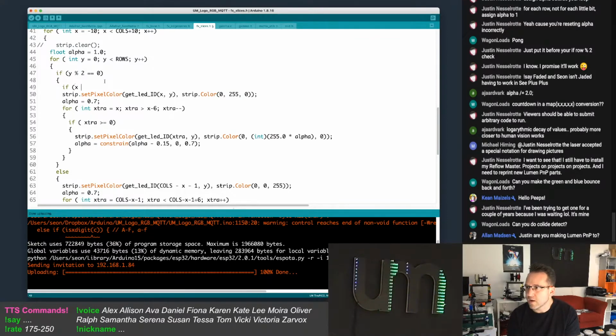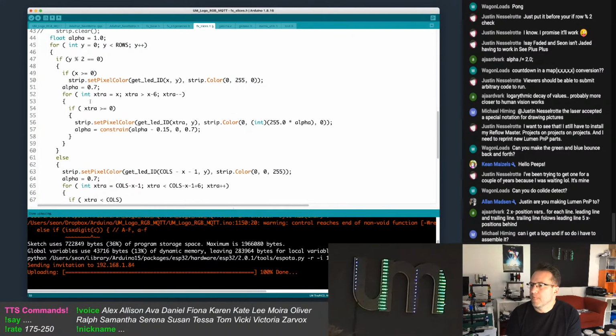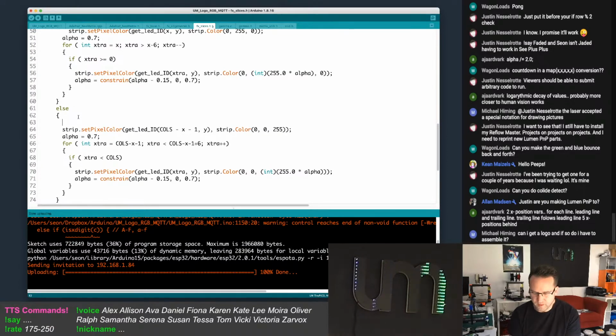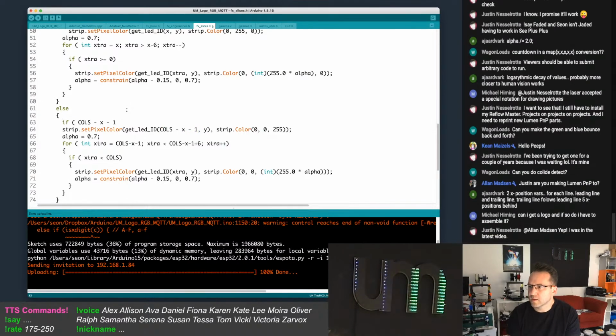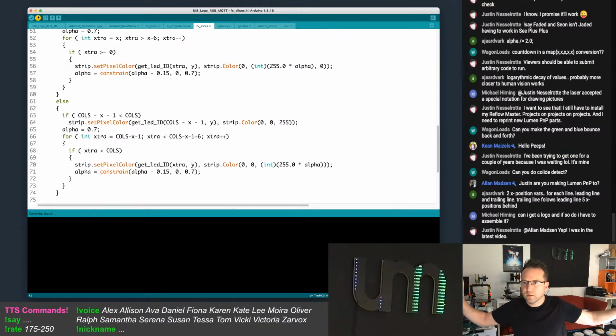So if X is greater than or equal to 0, draw it. And here we're going to say if Coles minus X minus 1 is less than Coles, then do that. Because this should let us overshoot, hopefully.